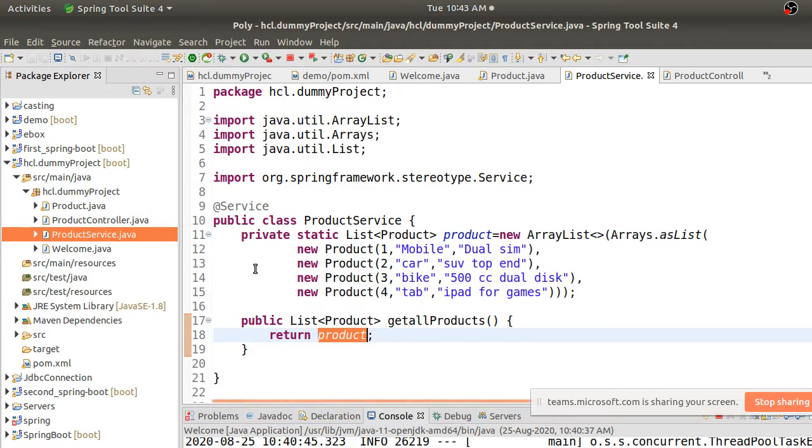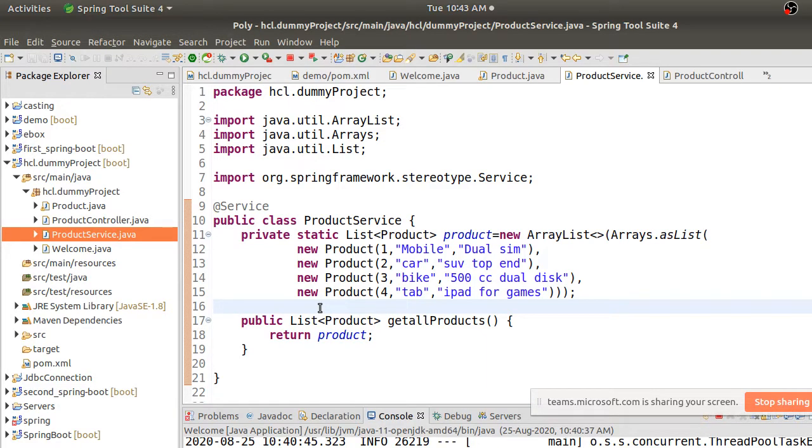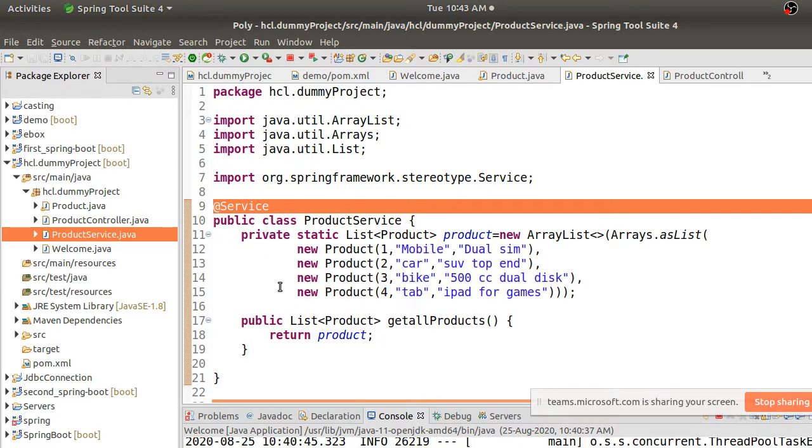I think this service is doing that work, right? If I make this a service, it is doing that work. It is having a null pointer exception actually. It is saying this product is null.